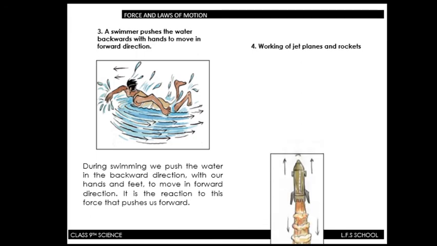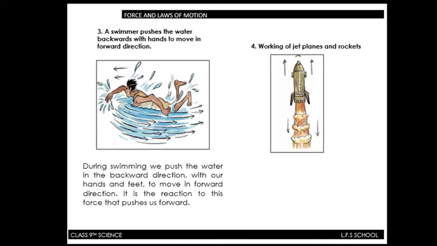See the picture, jet planes you might have seen in day-to-day life. So, what happens in the working of a jet plane? The working of a rocket or a jet plane is also based on Newton's third law. A rocket contains a combustion chamber having a hole at its bottom. When fuel burns rapidly, the hot gases emerge forcefully from the bottom in a backward direction and the rocket moves